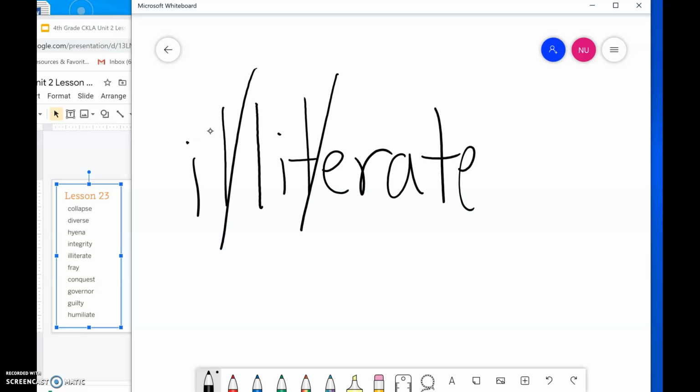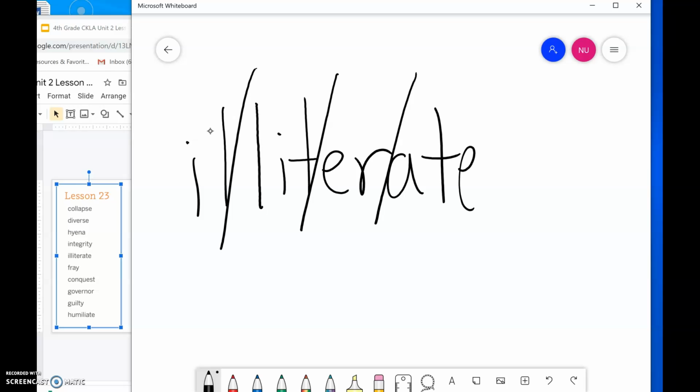So illiterate. So ill is just like it sounds. I-ill. Lit, just like it sounds. It. Is that ER controlled vowel. That bossy ER blends together. And then